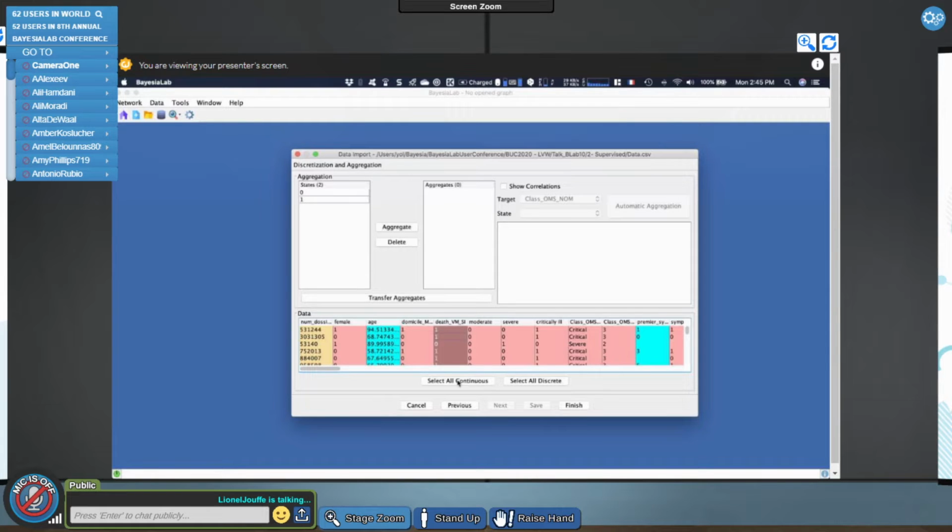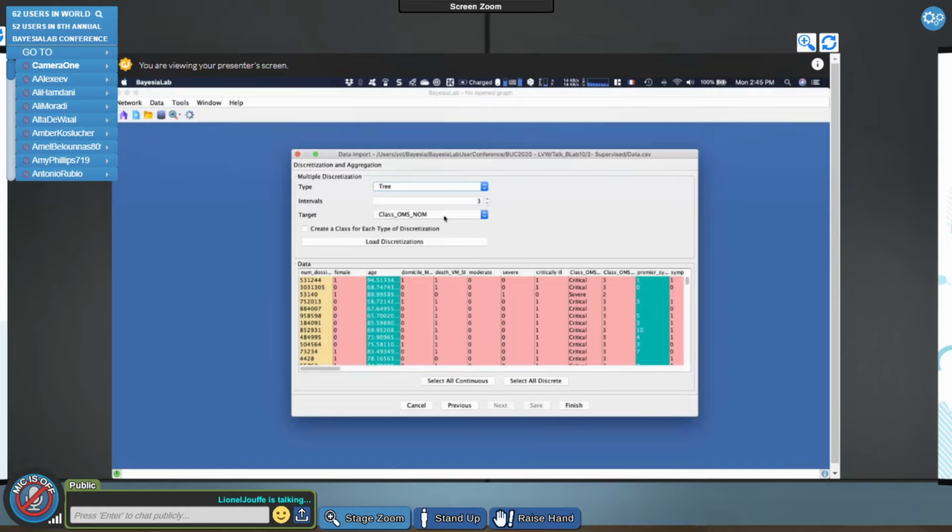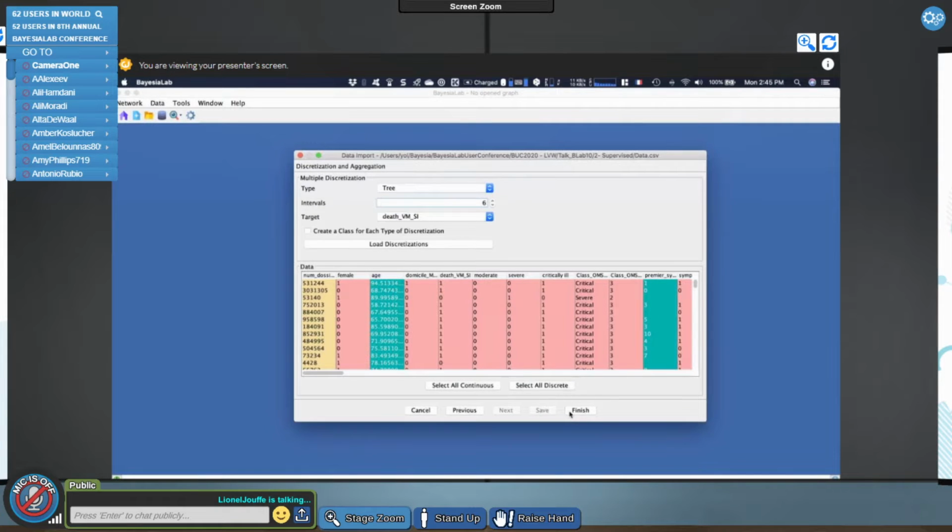I just have to select all continuous variables, then use here tree, and set my target that is this here. And given that the tree here is based also on an MDL score, I can increase the number of bins here to 6 if I want, because I know that the tree algorithm will select 2 if needed, or nothing if it's absolutely not correlated, right? So I'm choosing 3, 6 here, then I do finish.